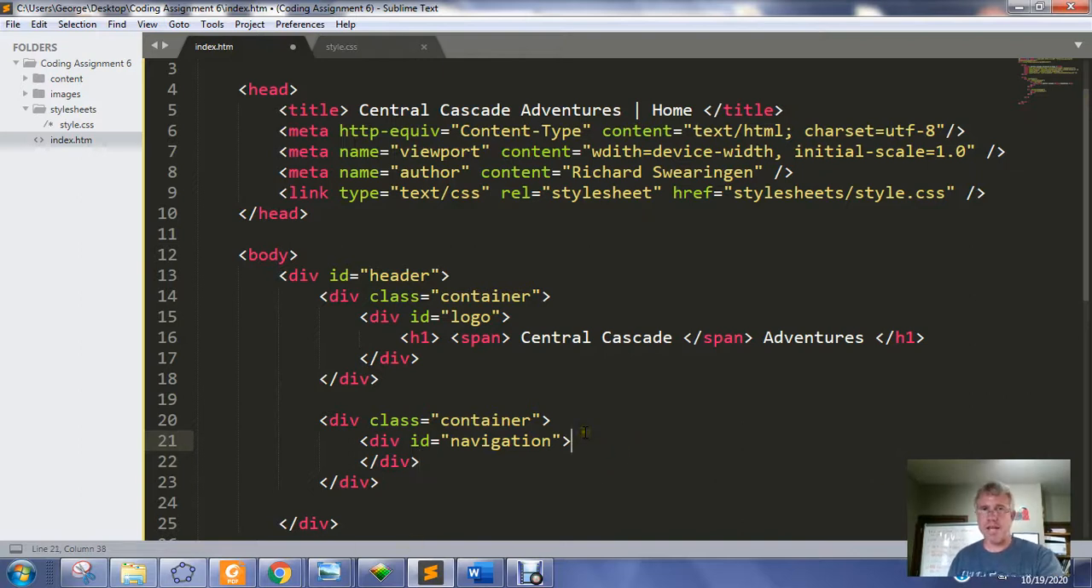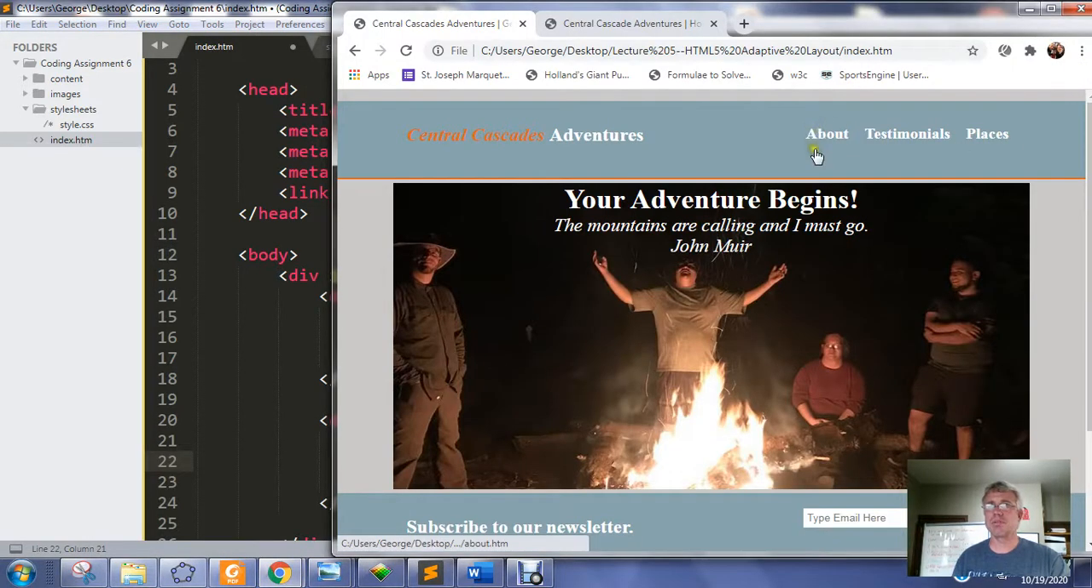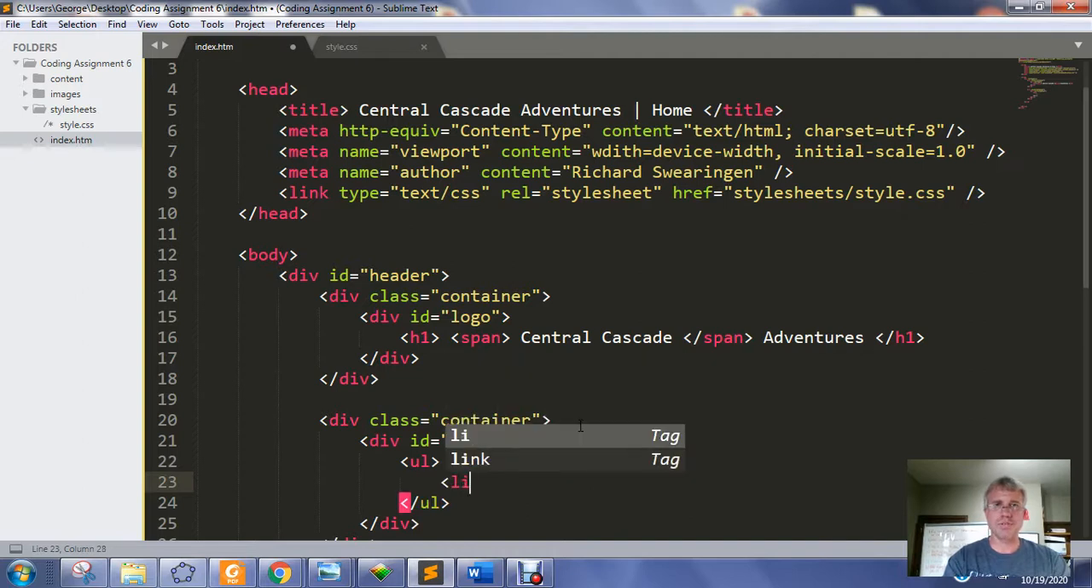Inside of this navigation division, I need my actual links. In it I have about, testimonials, and places. I'm going to put my links in an unordered list, so UL, and we're going to have list items, and the first list item was about, and then the second list item